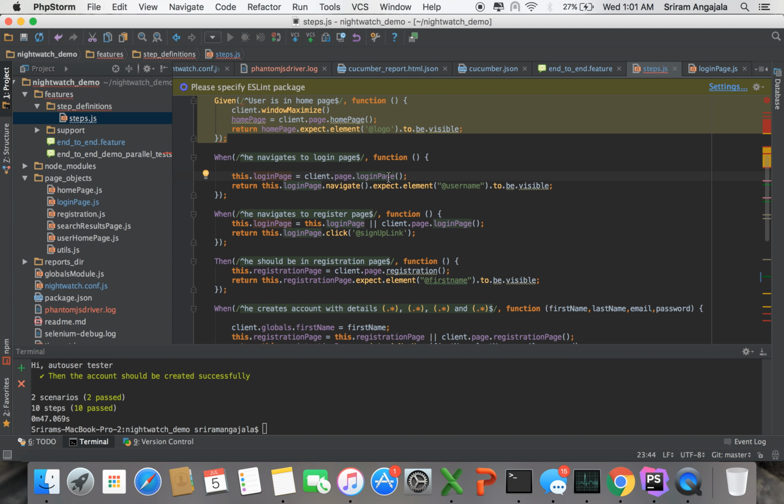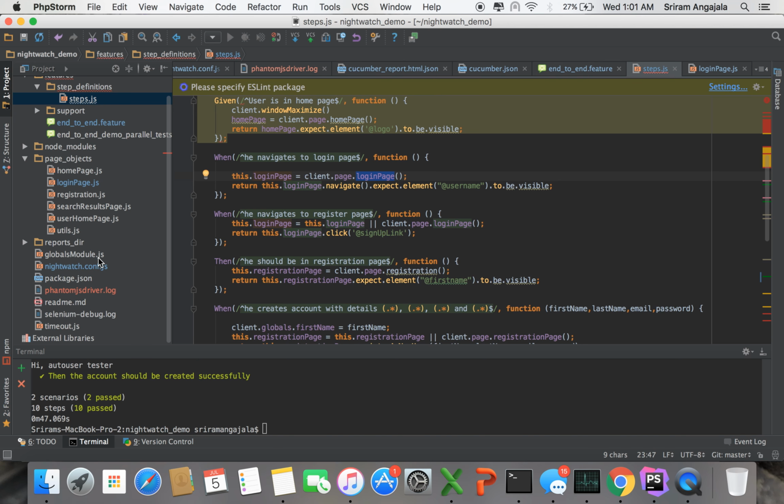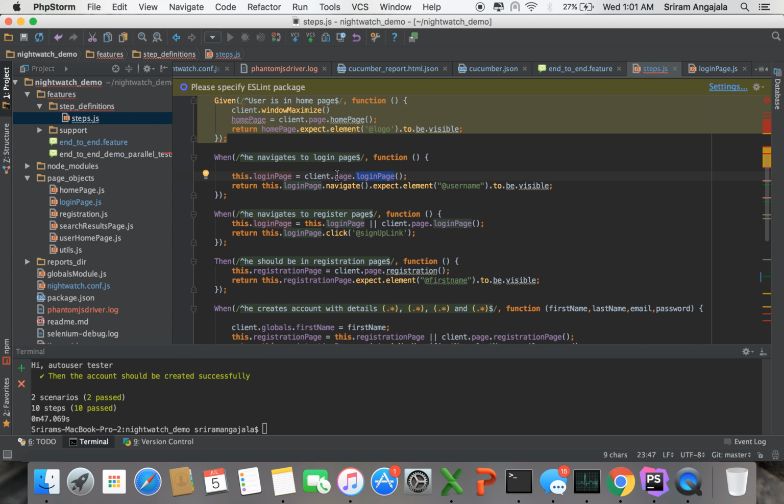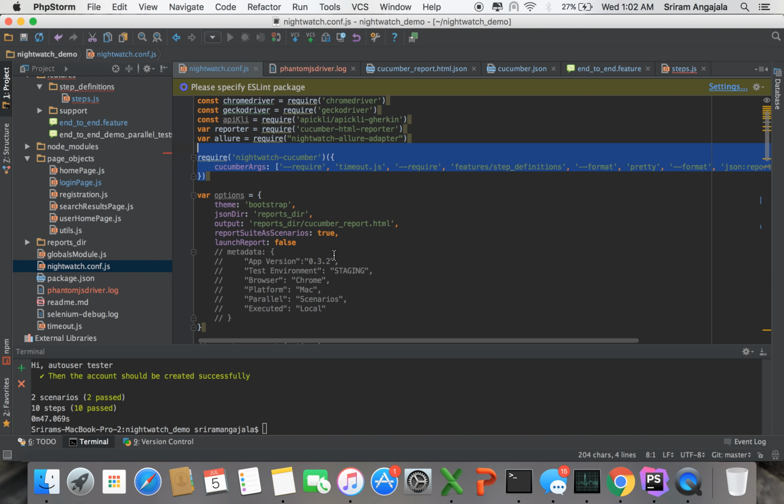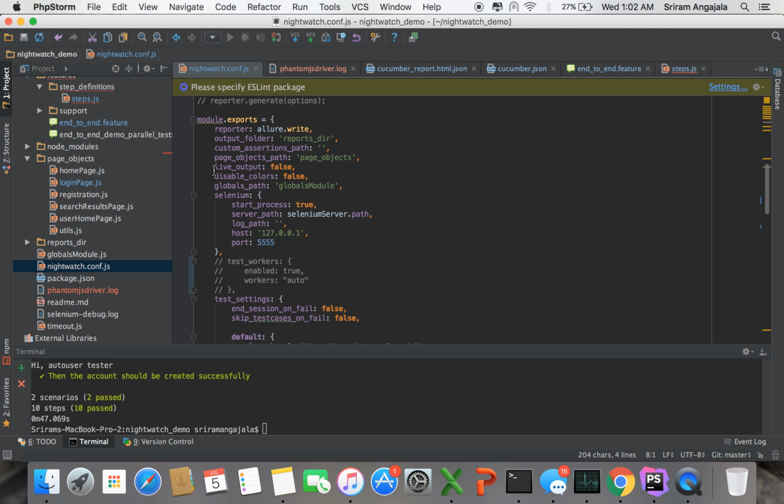So if you see that, the login page here is the actual name of the JavaScript file, so this should match. To enable page objects, the steps are, first of all, yes, we need to create page objects, but make sure that the name of the login file matches that. And then you need to go to the Nightwatch config and mention that yes, we are using page objects. So this is the place where we have all the page objects,